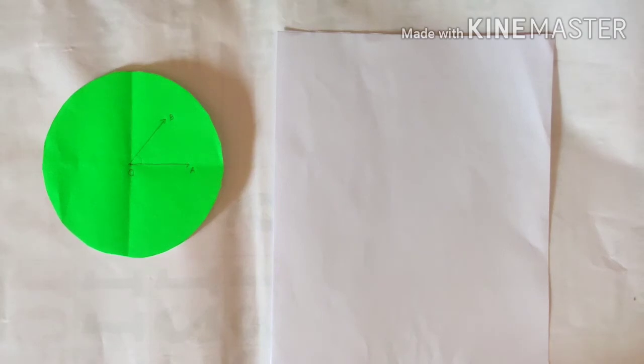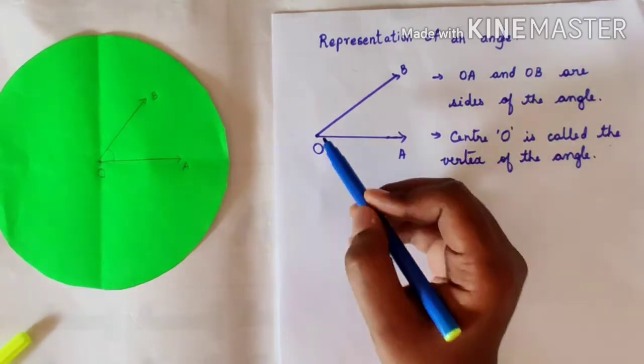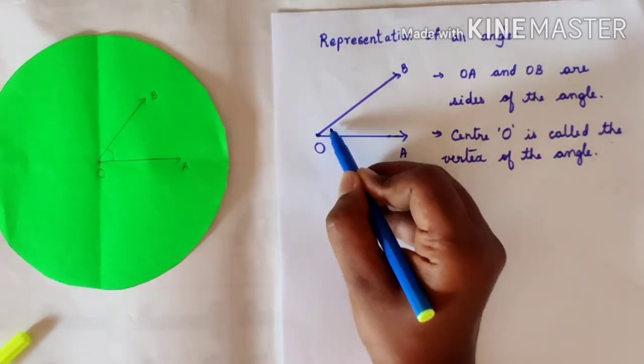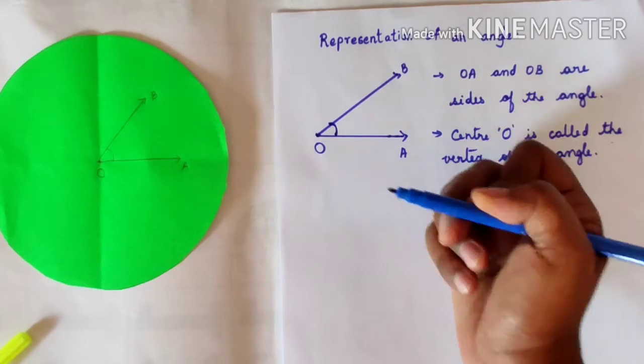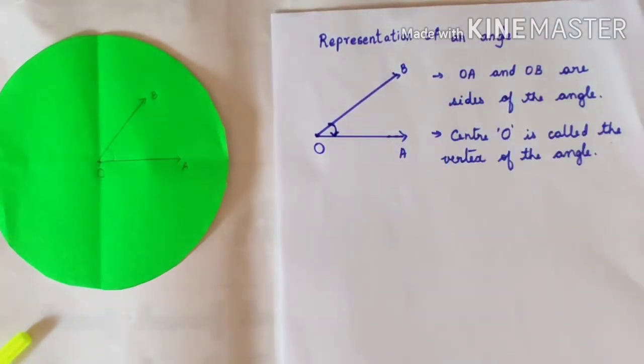Now see the representation of an angle. You can clearly see OA and OB are the sides or the arms of the angle, and the center point O is the vertex of the angle, and here we mark the angle this way. So this is an angle, and an angle is represented by the symbol